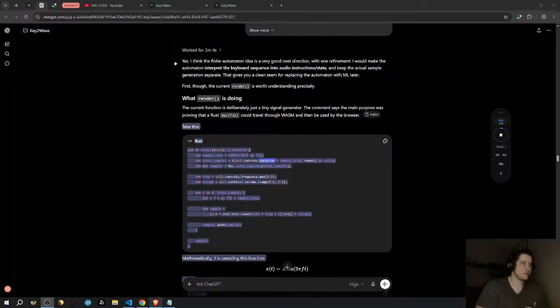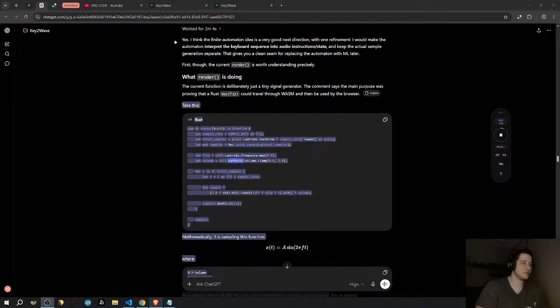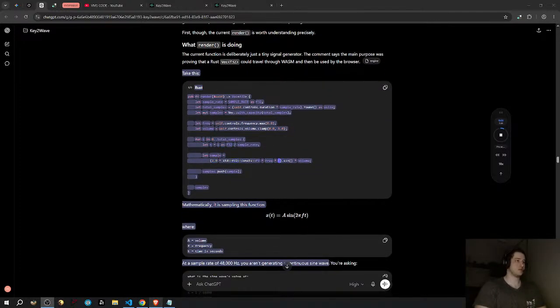Take this Rust buffer: let mut samples = Vec<f32>; let sample_rate = sample_rate as f32; let total_samples = (self.controls.duration * sample_rate).round() as usize; limit samples, Vec::with_capacity(total_samples); let freq = self.controls.frequency.max(0.0); let volume = self.controls.volume.clamp(0.0, 1.0); for i in 0..total_samples { let t = i as f32 / sample_rate; let sample = 2.0 * PI * freq * t; sin * volume; samples.push(sample) }